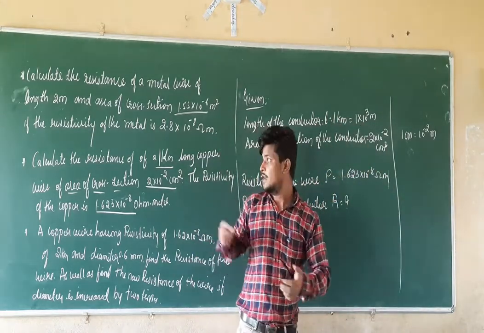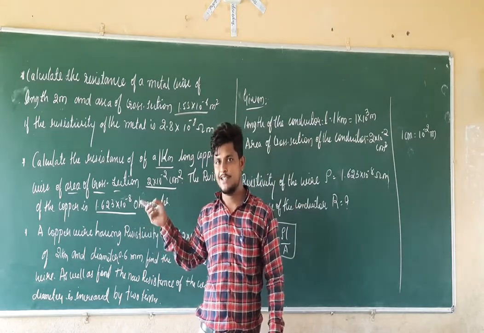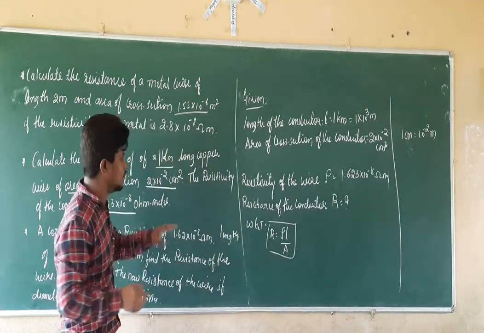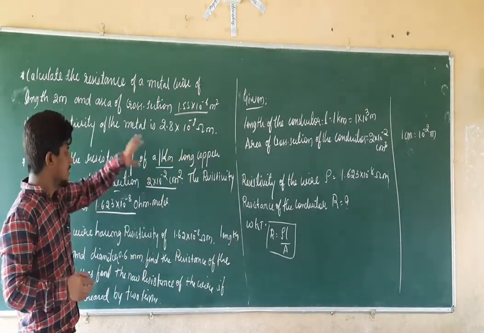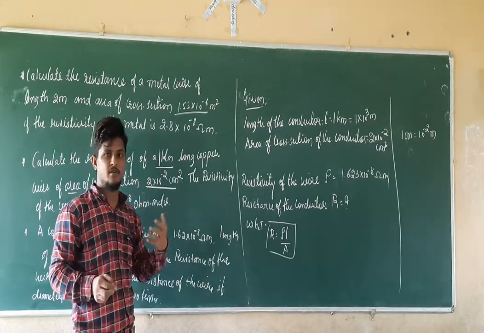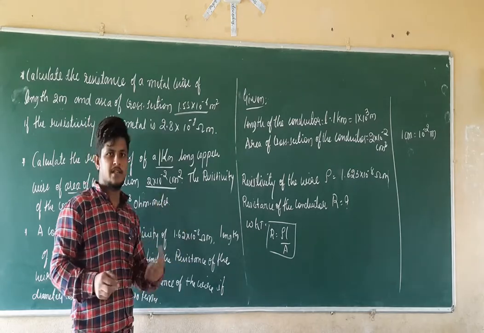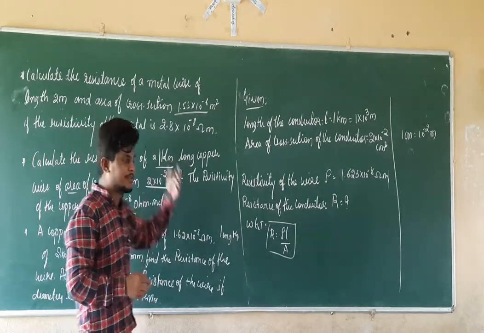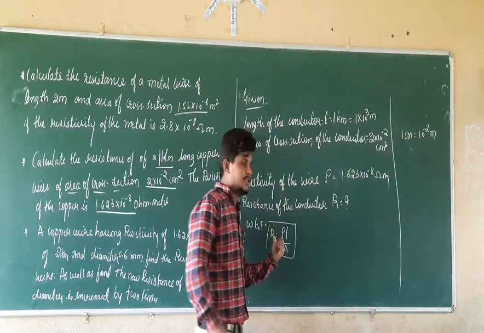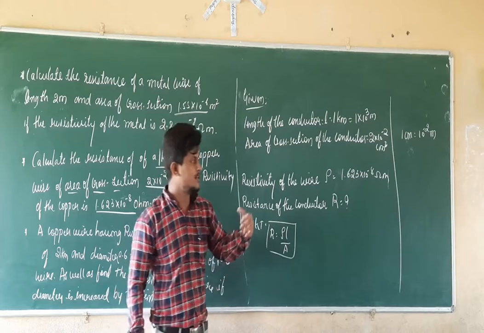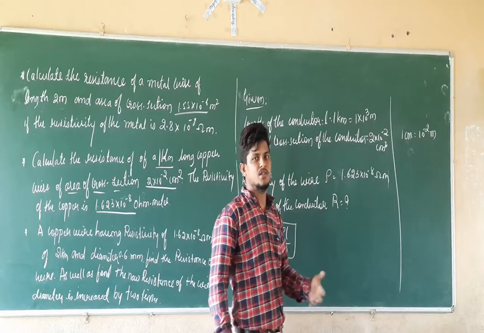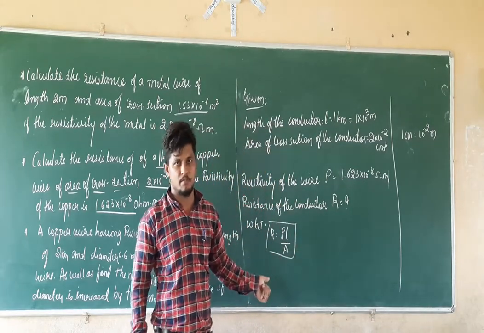This is one of the question paper problems asked in the 2017 question paper. In the examination, if they ask questions related to the resistivity or resistance of the conductor using this formula, they are going to give different values. The length may be in millimeters, centimeters, or kilometers, and the diameter may be given in centimeters or millimeters. We have to convert those values, substitute them in the formula, and calculate the answer. If you do not know how to convert them, your answer will be completely wrong, and there is a chance that you will lose marks in this topic.